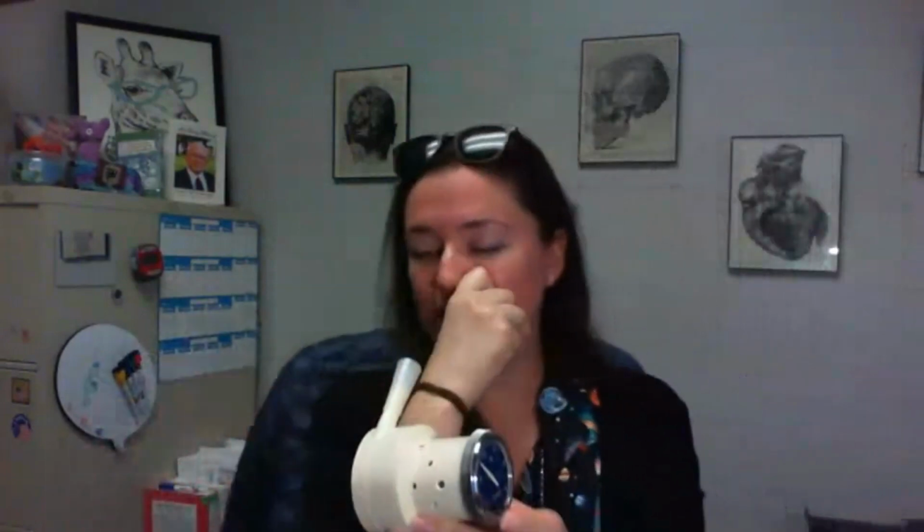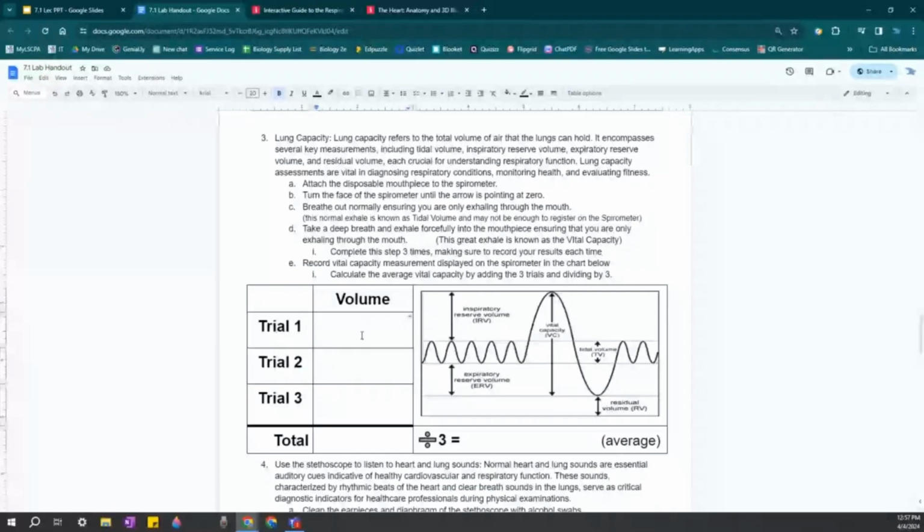That time I laughed. And sure enough, we only got about 2,800. So what does that mean for lung capacity? Well, let's see. If I had 3 trials and the first trial was 3,000 and the second trial was 3,800 and the third trial was